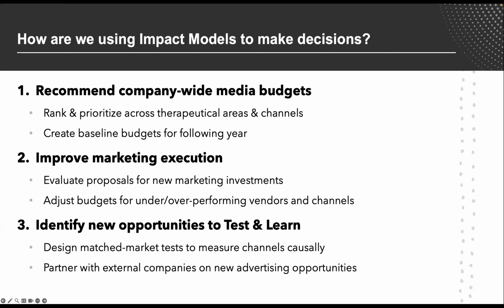But when we present the results, we don't want to just say, here's your return on investment and your marginal return on investment, and here's where to spend. Well, the executive committee wants to hear that. The brand teams or the teams that we're also presenting to want to know what can they do to improve their performance going forward, or how might they be able to achieve a different result from the result that we are presenting. So there is some back and forth in